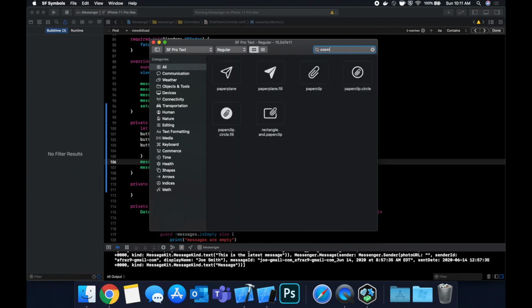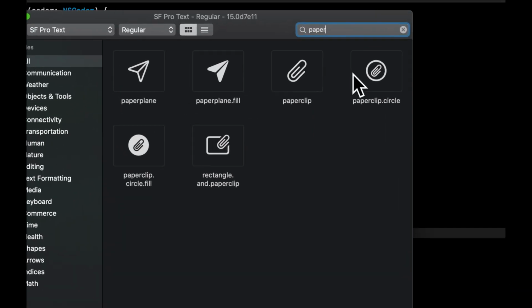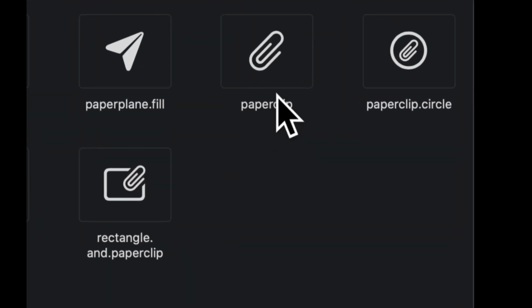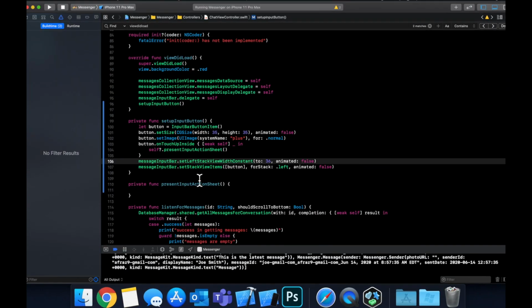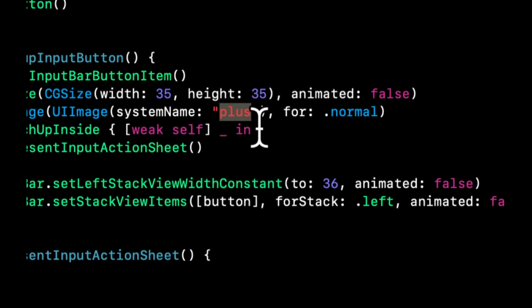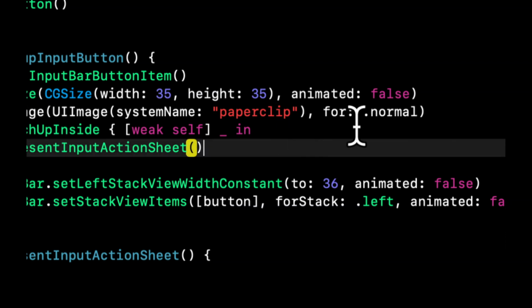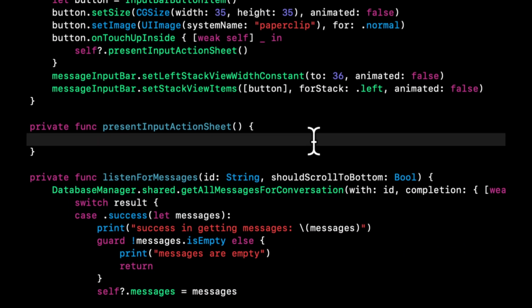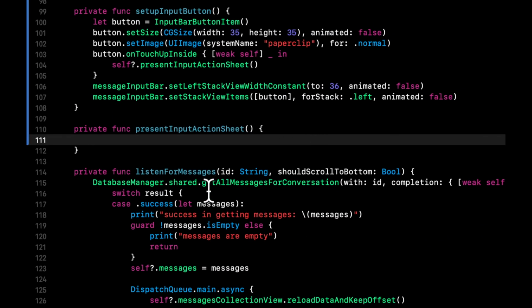I think paperclip is in here, right? We don't want this. What we want to use is this one, so a paperclip icon. That's actually probably better for an attachment instead of a plus. So let's use paperclip. So before we run it, what we want to do in here now is show an